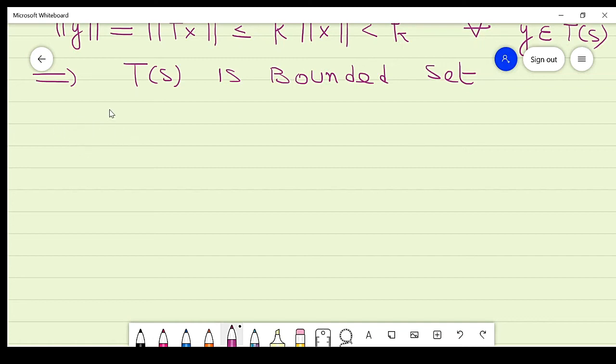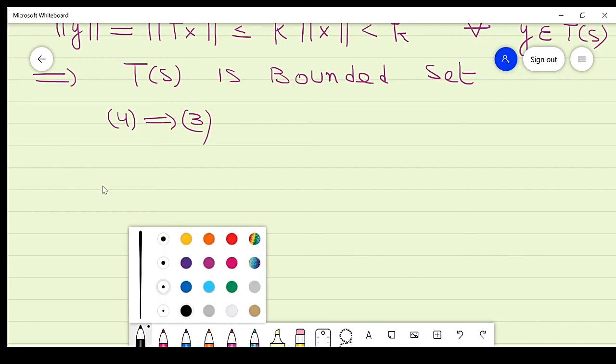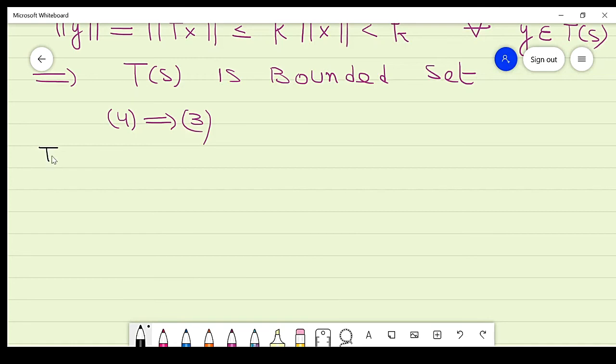Now the converse part, fourth implies third. So what is the given part? The given part is T of S is a bounded set. Bounded set, it means